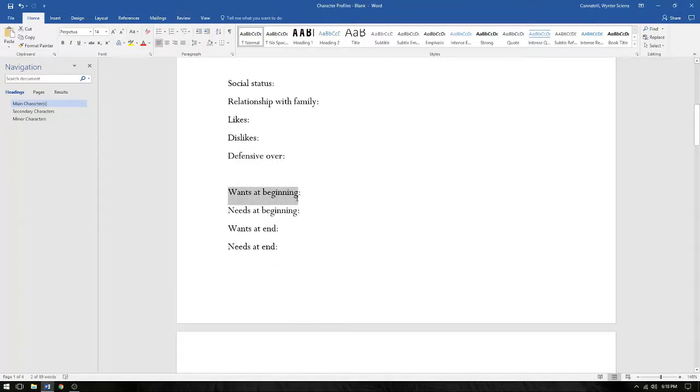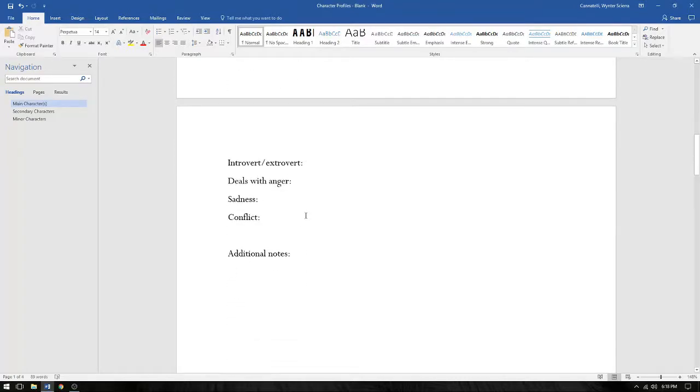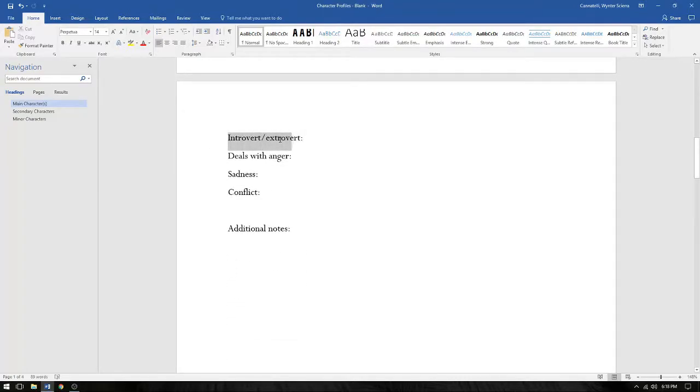Wants at the beginning, what they think they need, needs at the beginning, what I know they need, and then wants at the end and needs at the end. This helps me get a clear picture of my character in the beginning and then where they end up through their journey. It's good to work this out beforehand. And like my outlining, this stuff always evolves. I keep adding more or moving things around, or if something isn't working, I just come in and change it or add it. If they're an introvert or extrovert,